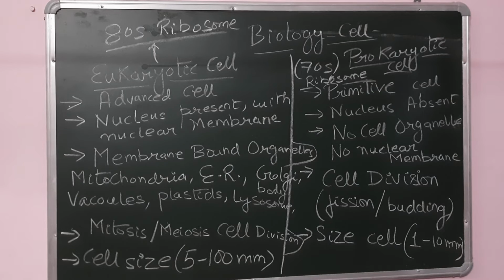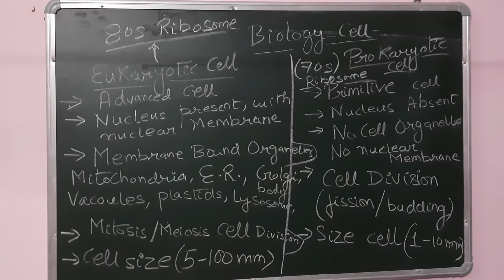In eukaryotic cells the nucleus is present with a nuclear membrane, and in prokaryotes the nucleus is absent, and if a nucleus is present then it is not membrane bound. The next is membrane bound organelles. Examples: mitochondria, endoplasmic reticulum (ER), Golgi bodies or Golgi apparatus, vacuole, plastid, lysosome, and peroxisome. So these are all membrane bound organelles present in the eukaryotic cells, and